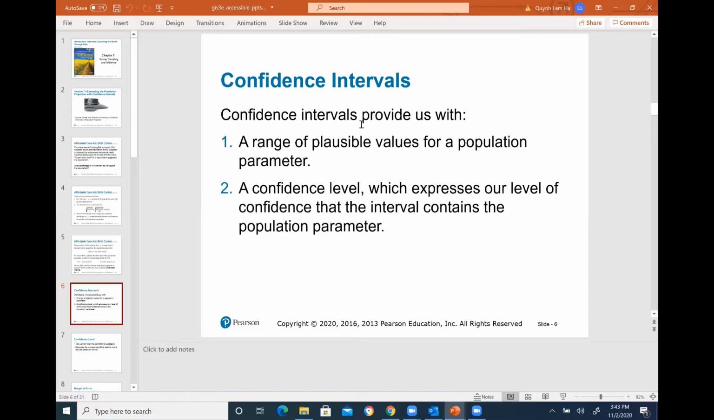The confidence interval tells you two things. First, it is the range of plausible values, good values for the population parameter, a good estimate that the data within this 95% will contain the true value of the population. That's what it means. The second meaning is the confidence level, which expresses our level of confidence that the interval